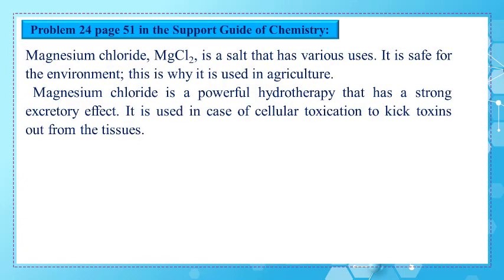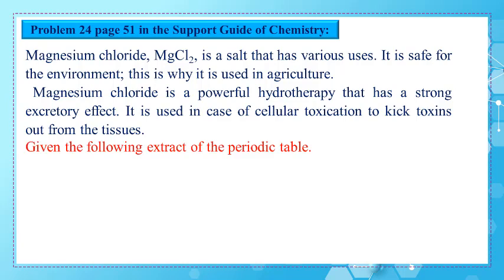Magnesium chloride MgCl₂ is a salt that has various uses. It is safe for the environment, that's why it is used in agriculture. Magnesium chloride is a powerful hydrotherapy that has a strong excretory effect. It is used in case of cellular intoxication to kick the toxins out from the tissues. Given the following extract of the periodic table,